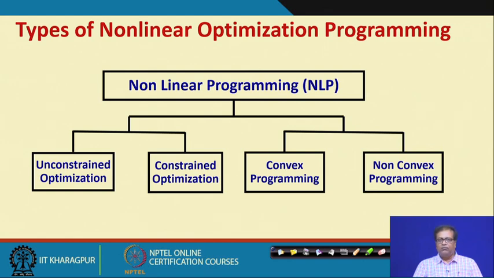Those problems will be more complex, whereas if we have unconstrained optimization, we only have one function, that is the objective function. But on the other hand, there could be convex programming and non-convex programming, that will depend on the type of functions that we are encountering. So, that is how we can have different types of nonlinear programming problem, and there could be other variations as well. All of those variations we shall study as and when we get those kinds of problems.